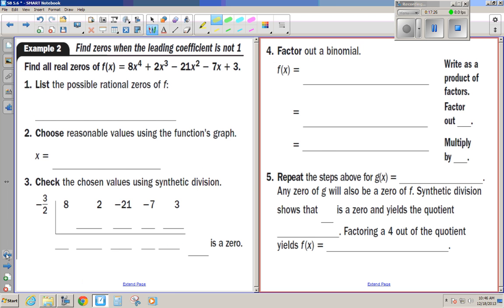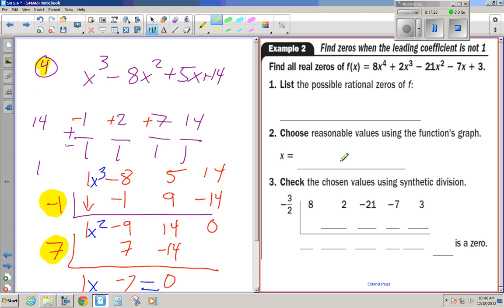All right, let's see. Now it's a 4th power. All right. So list all the possibilities. This time it's a little bit more because